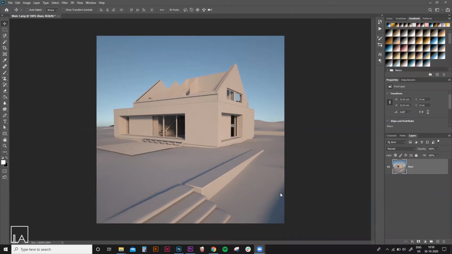For example, in this scene, this area would have the grass texture, the steps in the coping would have the granite texture, and this road here would have an asphalt texture. And the cladding, of course, can be decided as we go. We can improvise on what materials go where and whatever looks good through the process, but to have an overall idea of how we want it to look is important.